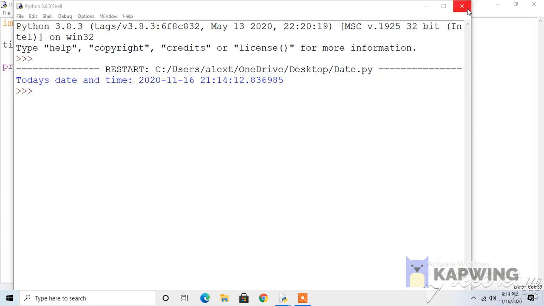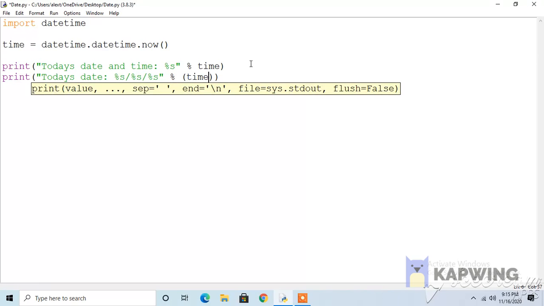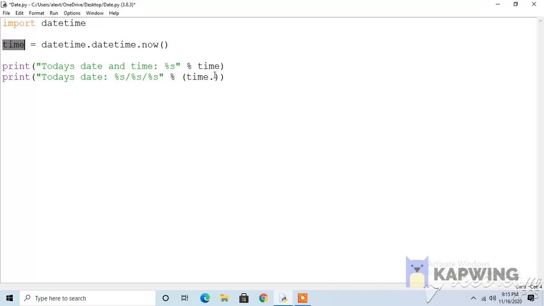So now let's make Python only print the date. Okay, print today's date. And I know this is kind of weird, but I also don't know why, but otherwise it doesn't work. You have to write %s slash %s slash %s, then percentage over here, and then in tuples time dot, because this time is what we defined here, so you can name it whatever you want, and the day, then the month,